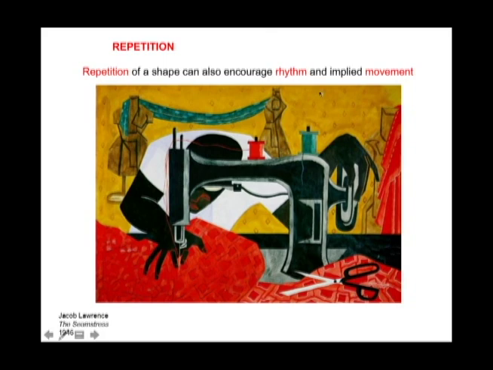There are repetitions of images, the dress forms, repetitions of color, the red, the green, repetitions of curves, and the hand, the sewing machine, the head, repetitions of finger-like shapes in the fingers and in the scissors, the lozenge shape here of the scissors and the sewing machine balance wheel are repeated. So these are much more subtle repetitions. They don't qualify as strict pattern or tessellation by any means, but that would be enough repetition to unify your